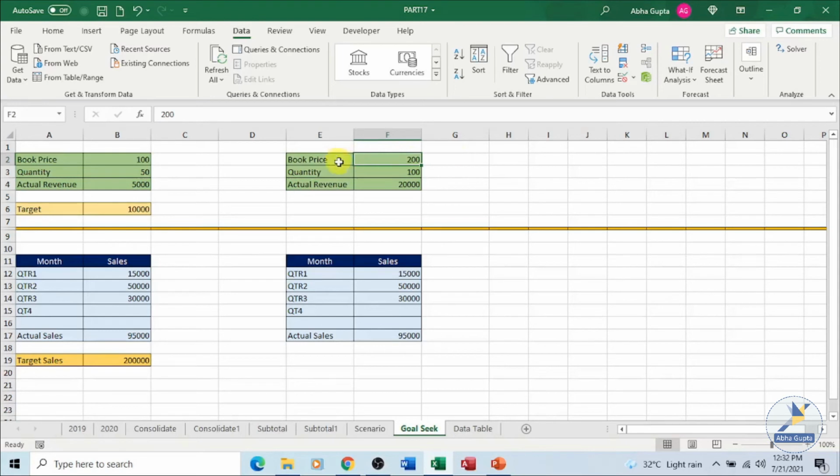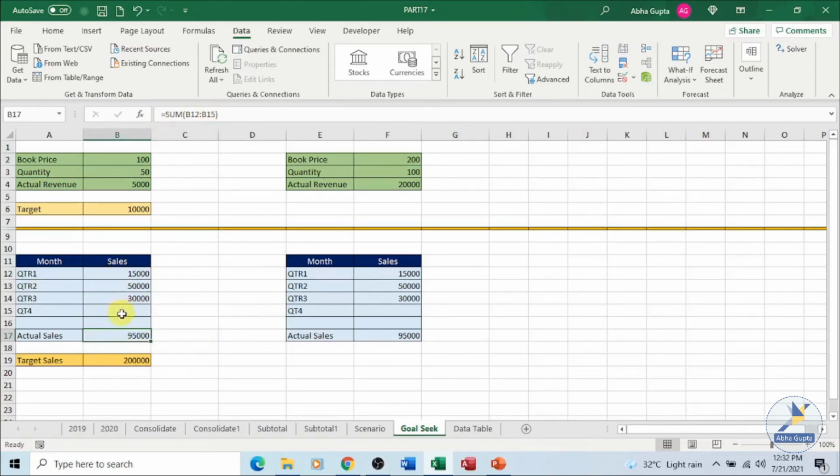So here you can change only one of the values, only one variable can be changed to achieve the target. Similarly, we have one more example over here, months and sales. The sales for the quarters, all these 4 quarters, have been shown over here. 3 quarters' sales are in place. This is the actual sales which have taken place.